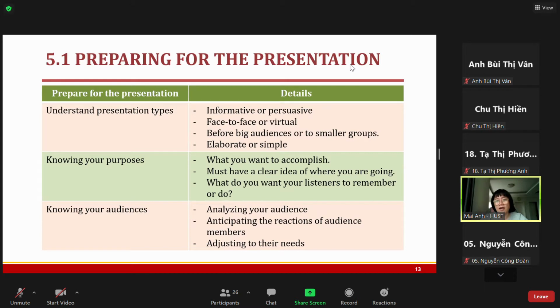Some are face-to-face, and others are virtual. Some perform before a big audience, and others are given to a small group. And some are at a detailed level, and some at the simplest one. Okay, so at first, we need to identify what kind of presentation ours is before we move into knowing the